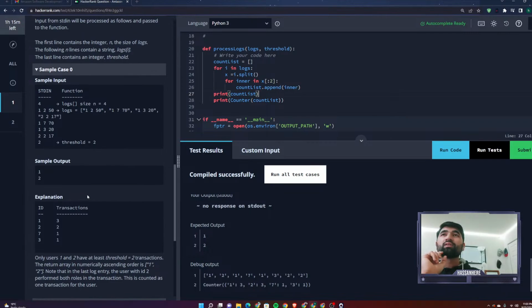Where 2 exists, okay, that is an actual problem. So if the transaction is done to itself, if 2 is doing the transaction to itself, we'll only count it as 1, right? And to deal with that, we can just say that